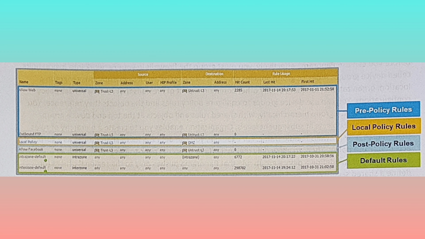To change the evaluation order for rules within a particular layer, type and rule base, for example, shared security pre-rules, you can reorder them. Whenever you view rules on a firewall or in Panorama, the web interface displays them in evaluation order, and shared, device group and default rules that the firewall inherits from Panorama are shaded orange. Local firewall rules display between the pre-rules and post-rules. The rules with orange shading in the following figure were provided by Panorama and can be managed only from Panorama, as you can see on the screen.